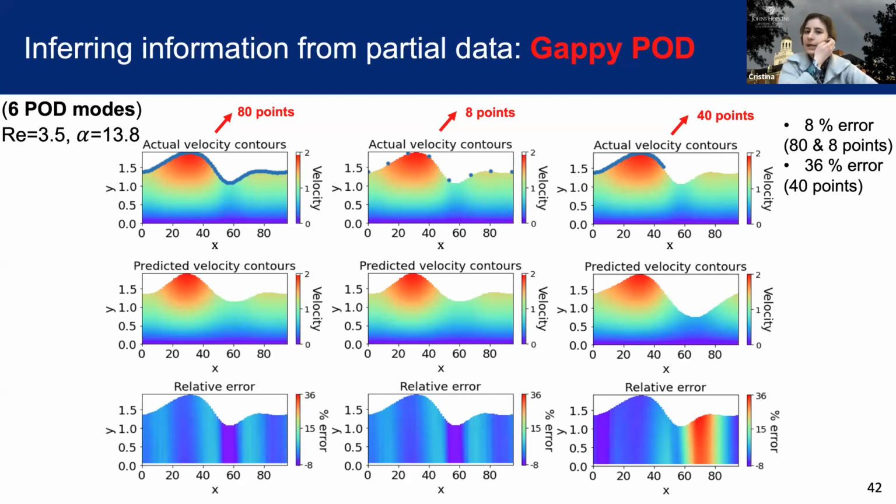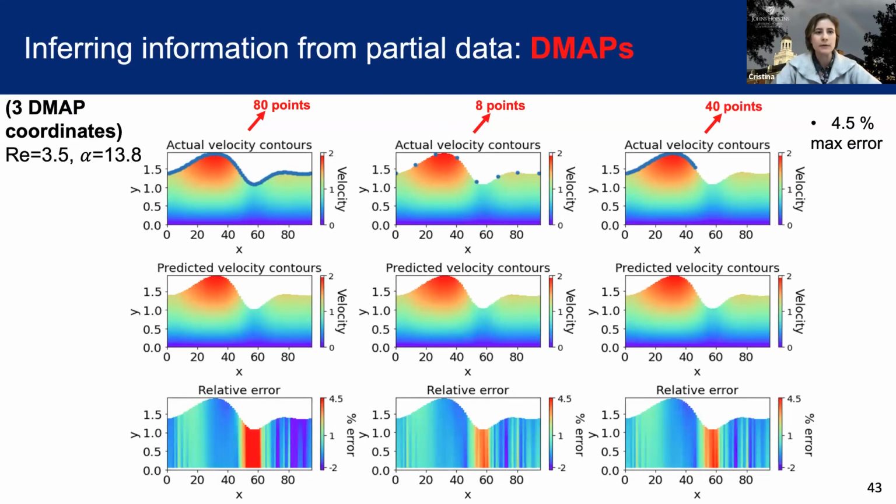As I mentioned, the POD bases were determined based on the reconstruction error from the true Navier-Stokes data, and that led to 6 POD modes that were needed here for accurate reconstruction. We can see from these results of using Gappy POD that for the cases where the measurements are equidistant, the error is similar, about 8. But for the case where we only have data known in half the spatial domain, the error was too large to use this technique for accurate reconstruction. For diffusion maps,